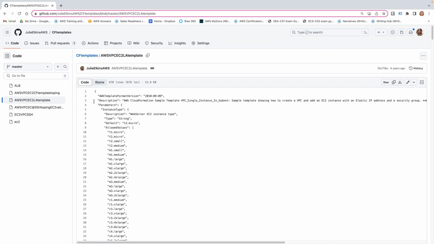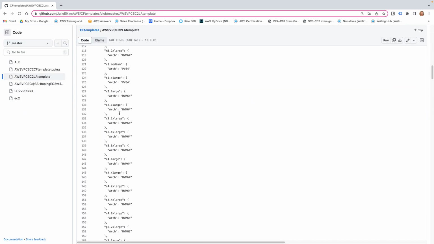Let's look at a CloudFormation template, and this is one of my favorites. I have a few templates in my GitHub repo, and I have a bunch more I need to add. Okay. Up first is the description. It's a text field on line 3, and this description is for you to write what the purpose of your CloudFormation template is. When you add a description, you must also add the AWS template format version, which is